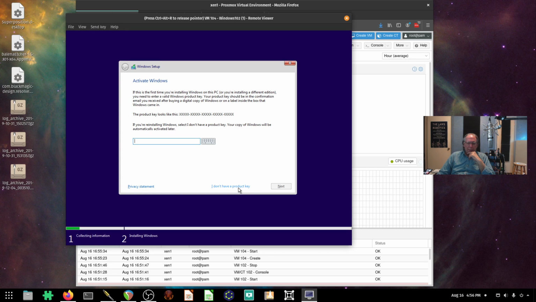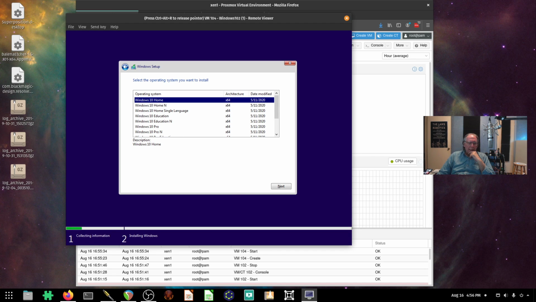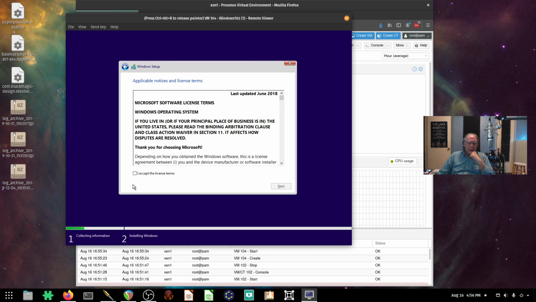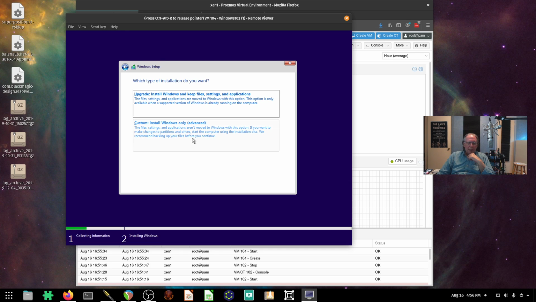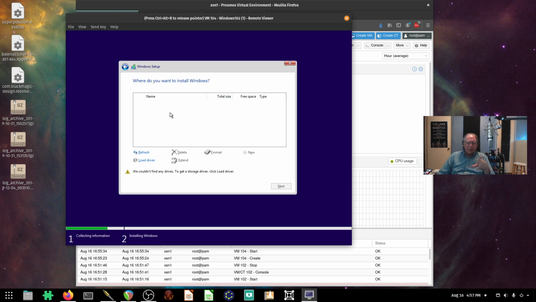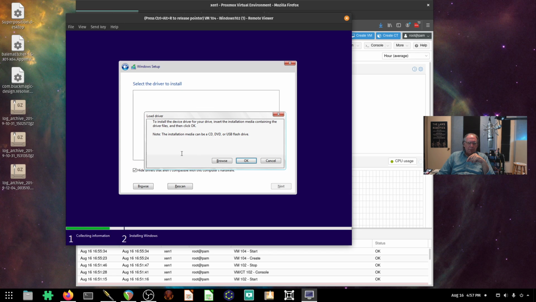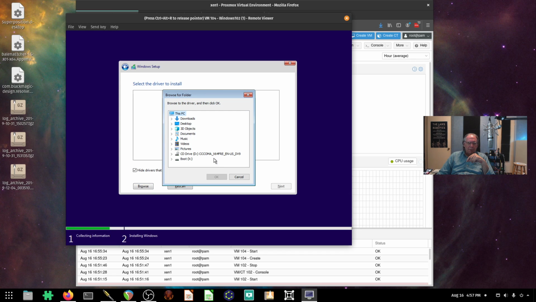I'm going to say I don't have a product key, and then I'm going to go down and select Windows 10 Pro here. Accept the license agreement. And we'll do a custom install because, as you can see, Windows is not seeing the drive. So we're going to have to browse for,